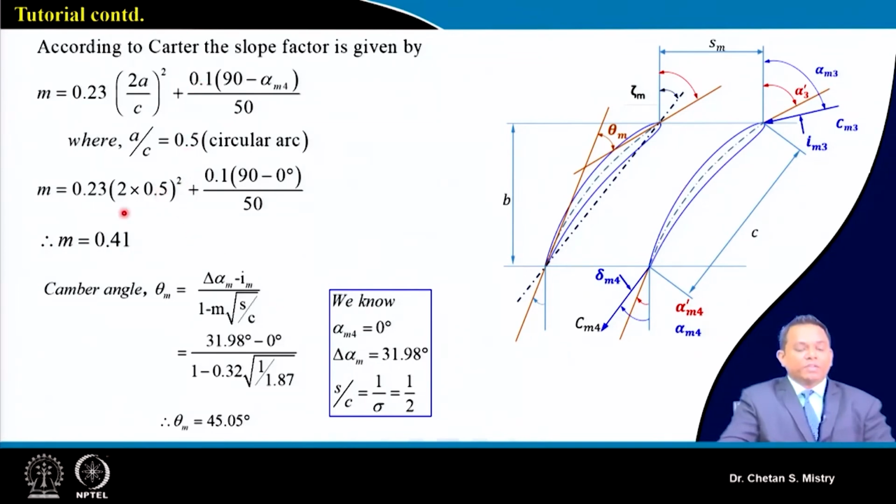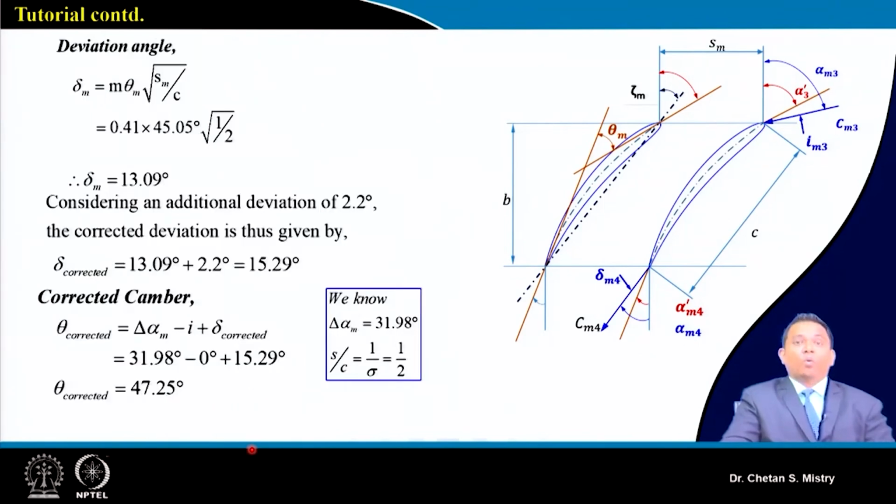Here in this case, when we are calculating our camber angle, again at the mid station, even for the stator, we are assuming our incidence angle to be 0. Okay, so if I am taking that to be 0 at mid station, we can do our calculation for camber angle, and that's coming 45 degrees. Now we can do our calculation based on Carter's relation for the deviation angle, and this deviation angle,